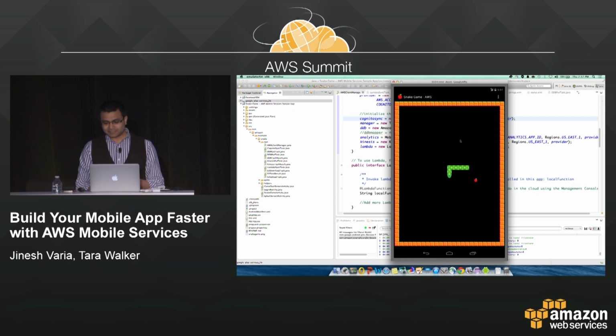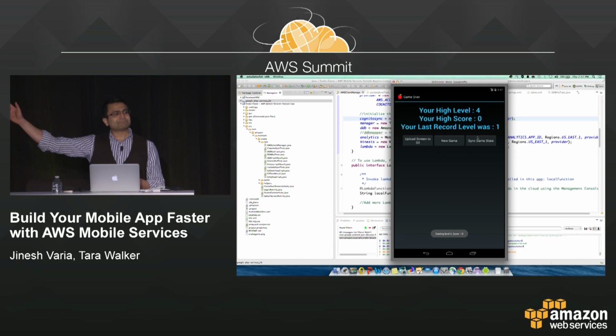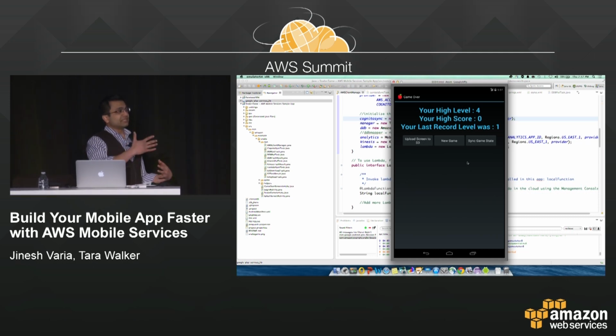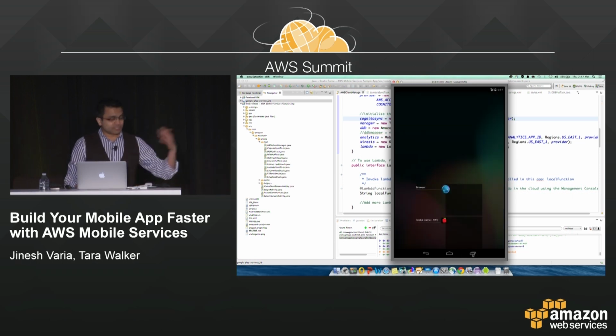Yes. And now my favorite part, let me reach the level 3. I've completed level 3. That's the fun part. So that basically shows that what happened was I reached a particular level, and it automatically synchronized the level state. Now, to simulate that it is basically a new device and a new app, I'm just